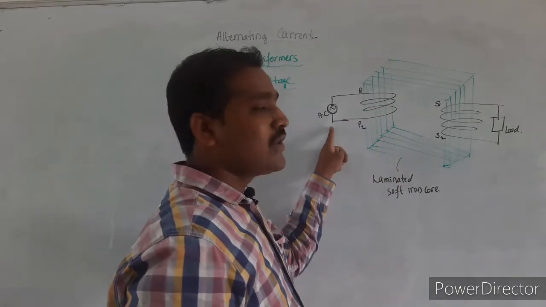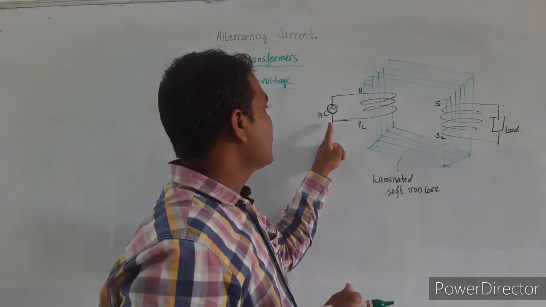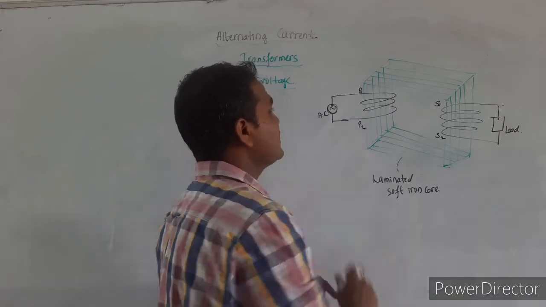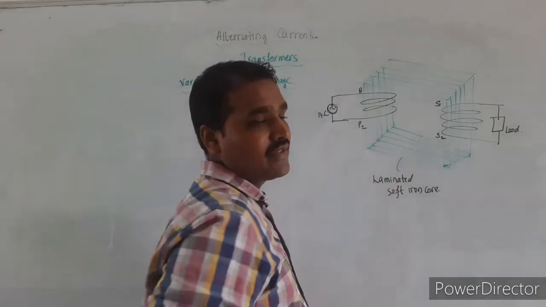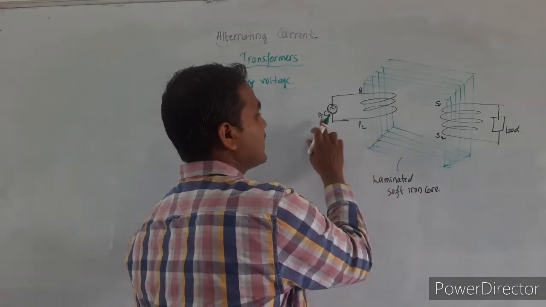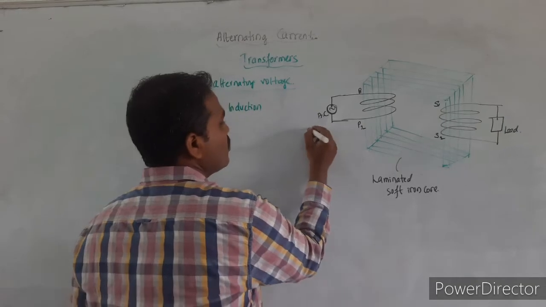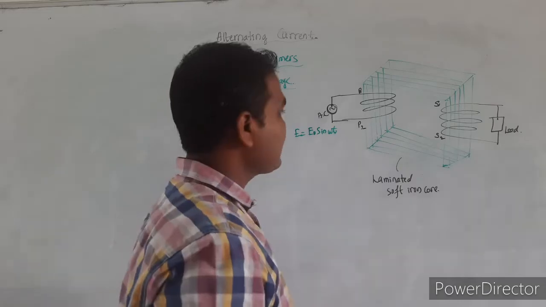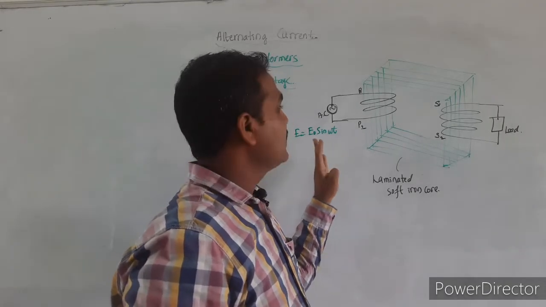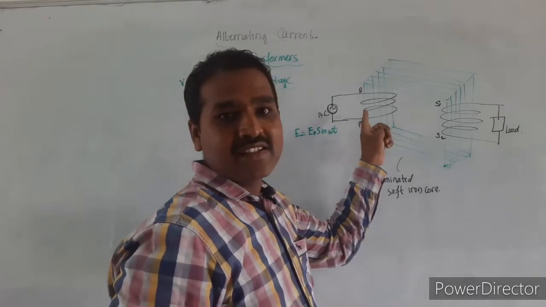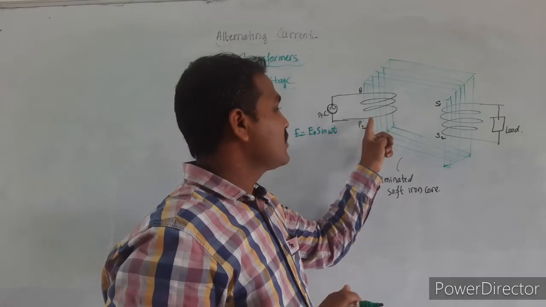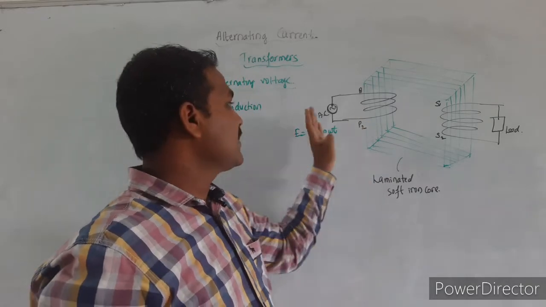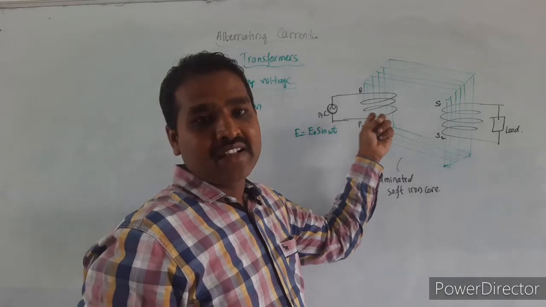We know how mutual induction happens here. Whatever voltage we want to vary, that source of voltage is connected to the primary coil. Here the primary coil P1, P2 is connected to an alternating source of voltage, given by E = E0 sin omega t. This is the supply voltage. We consider this coil to be a pure inductor, so the power dissipation in it is assumed to be 0. Whatever power is given is completely utilized in the inductor.